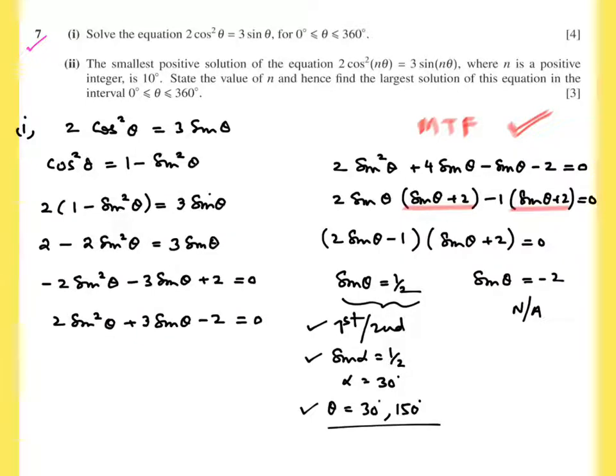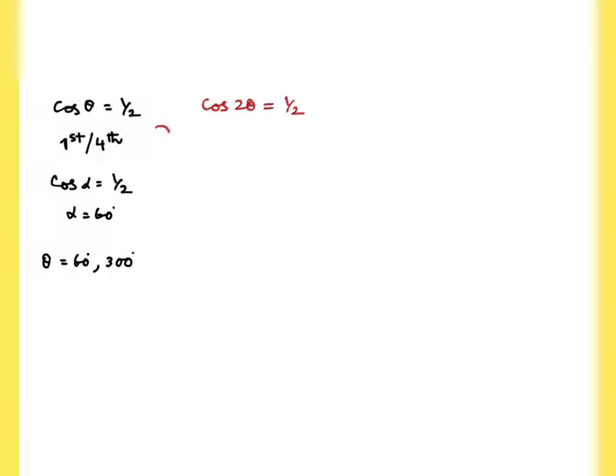Now, let's keep aside the second question and let's move to some other question all of a sudden. Of course, there should be a reason to it. It's just I'm creating a little bit of suspense. Cos theta equals to half. If I want to solve this equation, it's in the first and the fourth quadrant. You can work in your head. Basic angle would be 60 degrees. Theta is alpha, theta is 60, theta is 360 minus alpha, theta is 300.